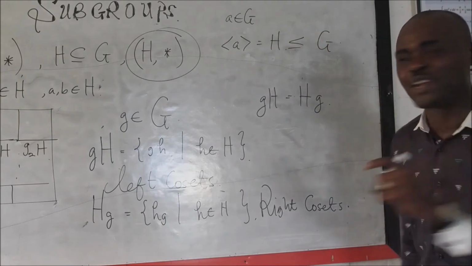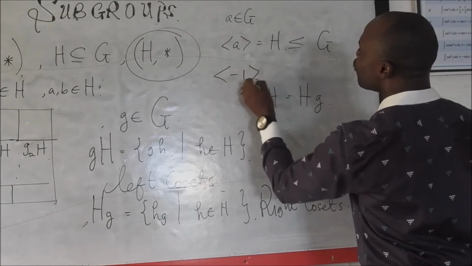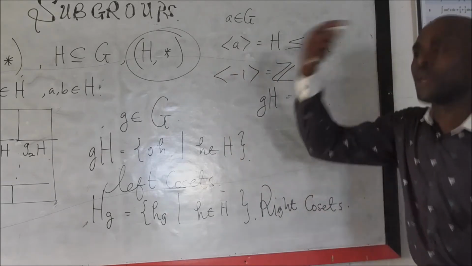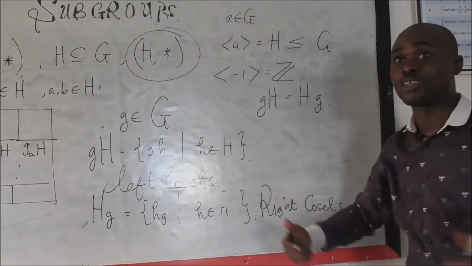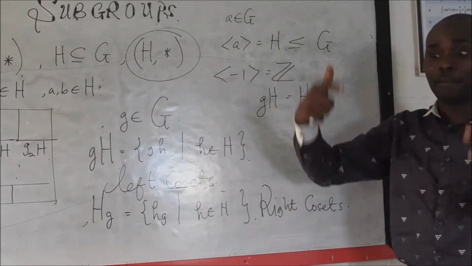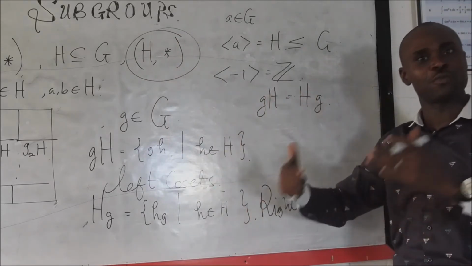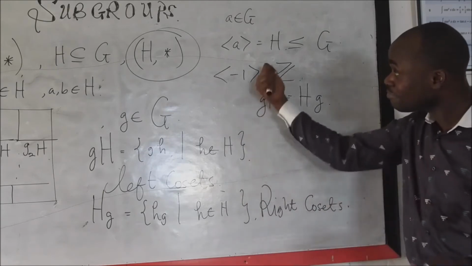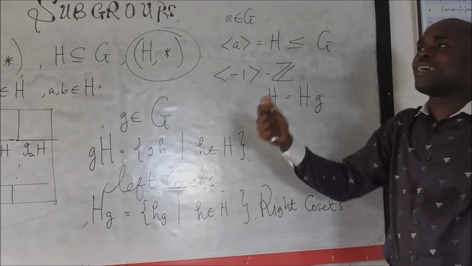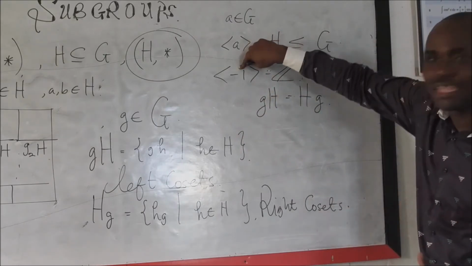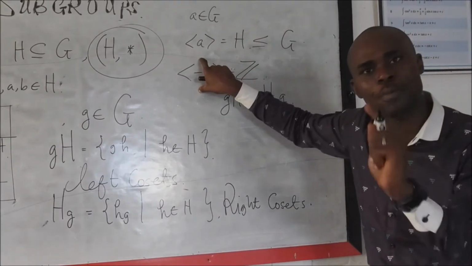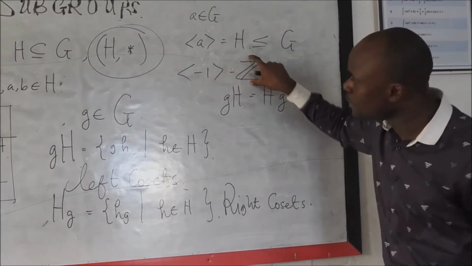For instance, the one you know very well is that the generator minus 1 will form the whole of Z. Yes. Just keep adding minus 1, minus 1, minus 1, minus 1, minus 1. You see that it will generate the whole of Z. The positive, like minus 1 plus 5, is 4, which is inside Z. So you can generate all the negative numbers and all the positive numbers by this single element we call the generator. So this is a subgroup of Z itself.